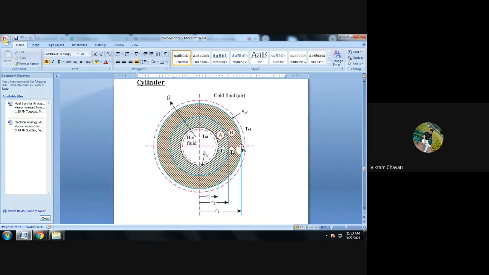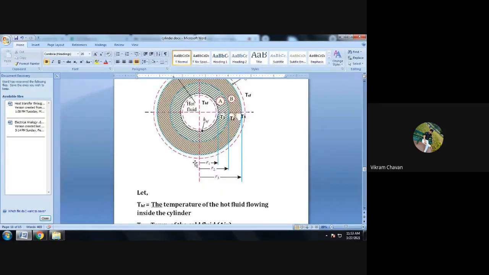So heat is transferring from the surface to the external fluid. We have to consider this mode of heat transfer as convection heat transfer. Getting everyone? These are the different modes of heat transfer in this particular composite cylinder. These nomenclatures are very useful to us to determine the total heat transfer in case of a composite cylinder.